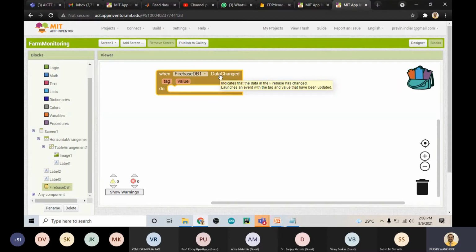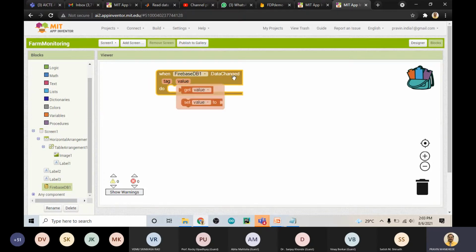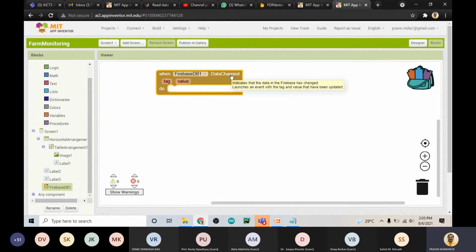Actually what we have to do, look, we want to get the data from the Firebase. From the Firebase that you created, you want to read the data. Now, we have to read the data whenever there is a change in data. Initially it will be 0. Once there is a change in data, then automatically that will be reflected on your app. So therefore we have used the function when Firebase data is changed. Whenever the Firebase data is changed, now you have to call for